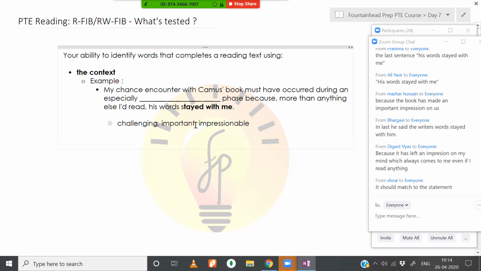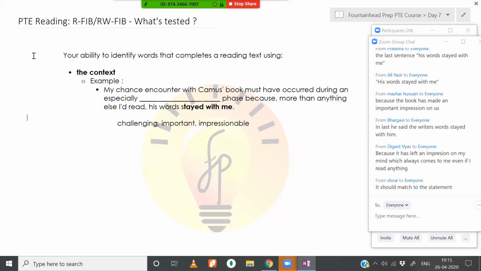So this was not a very hard question, right? But it was a tricky question. And you get such questions in PTE reading. All right, so by critically reading the statement, by completely reading the statement, and if you're able to understand the context, you'll be able to answer such questions. This is why I was mentioning that even if you are an average user of the English language, you will be able to answer 70-80% of the blanks.